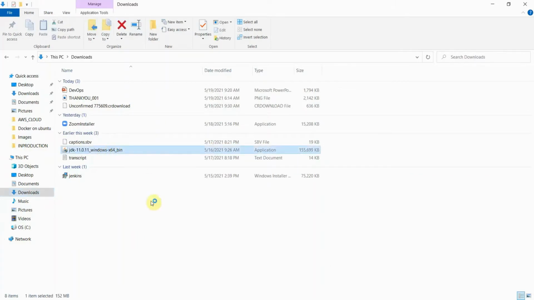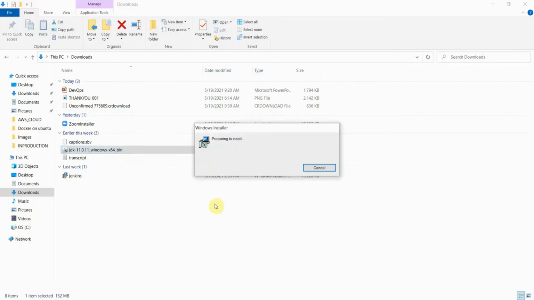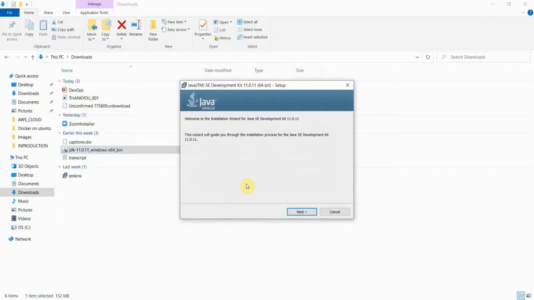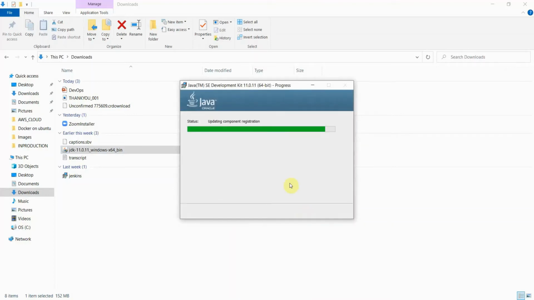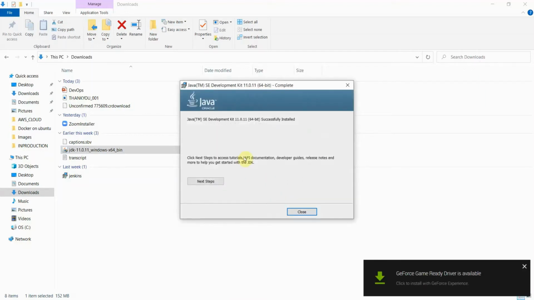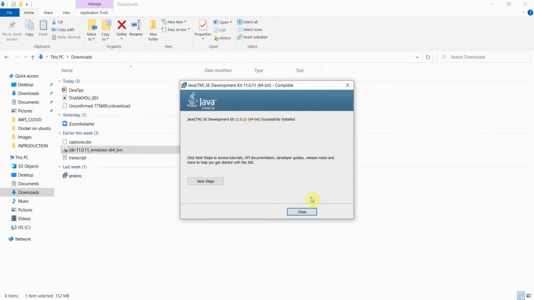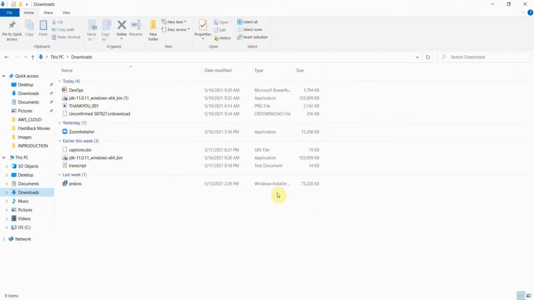So simply double click on this Java file. So Java installer. Click on yes. So here the Java setup wizard. Okay. So click on next. Don't need to change anything. Simply click on next. So installation is in progress. Within a minute, it will install the Java. So Java installation is done. See, it's showing message as successfully installed. So this is a Java 11 version, also available for 64-bit. So it is done. So close now.